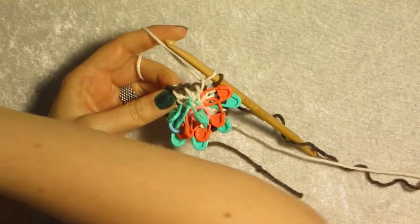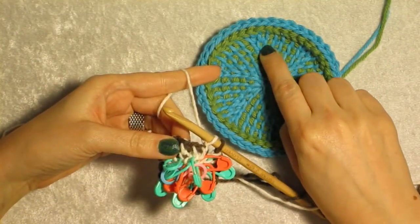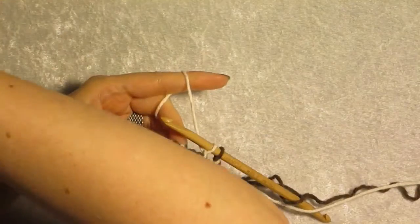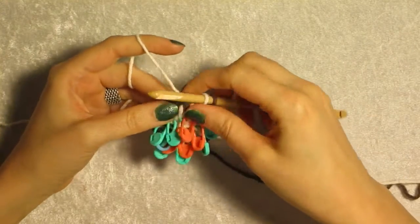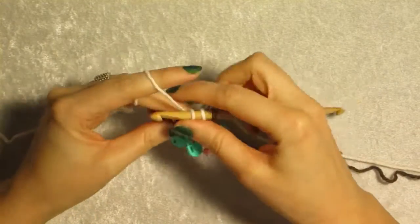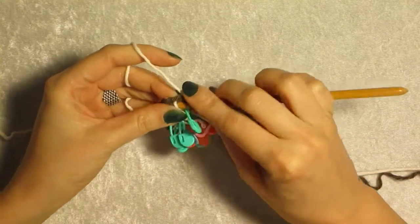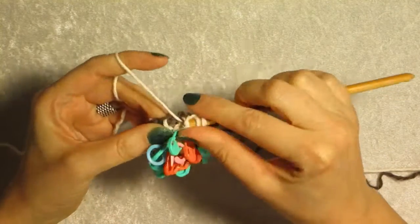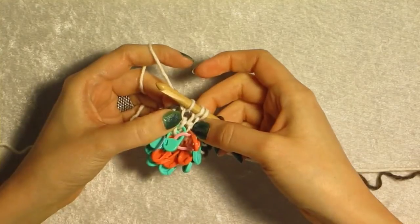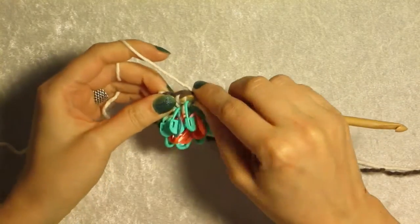So what we're going to do is we are going to work our simples first and then our increase. So we are going to simple 1, no stitch marker gets moved up here, 2, no stitch marker gets moved up here, and then it's back,